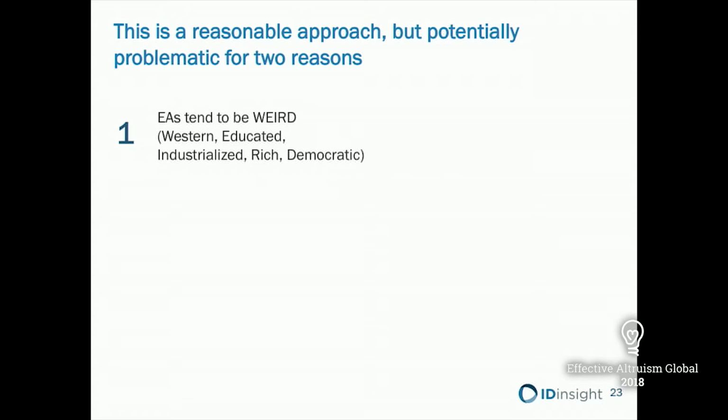So this is a reasonable approach, and I don't want to overly criticize it because it does make sense and we need to make these hard subjective trade-offs, but it's problematic for 2 reasons. The first is that EAs are weird, and weird in more ways than one, but what I mean in particular is that they're Western, educated, industrialized, rich, and democratic. And this means that EA preferences might be very different from the preferences and subjective values of beneficiary populations. The second is that